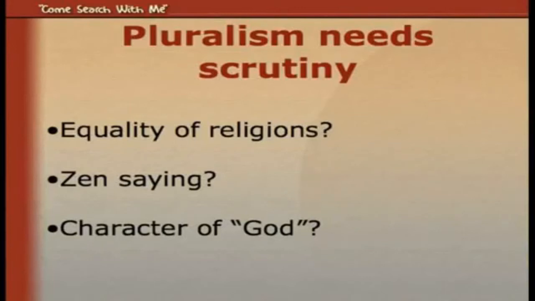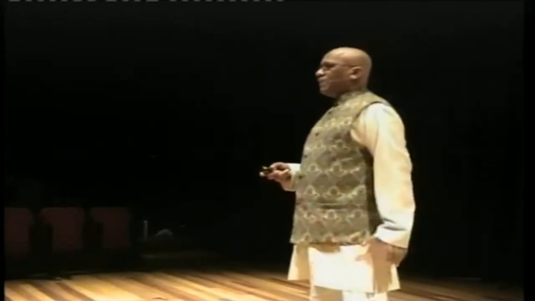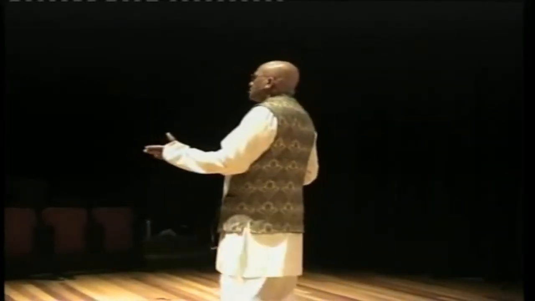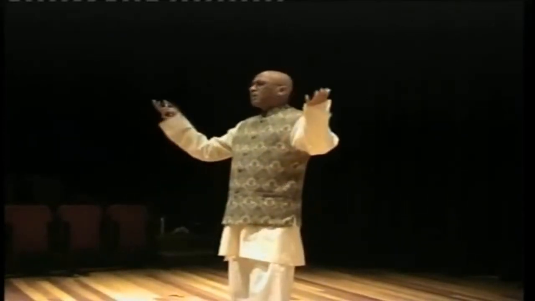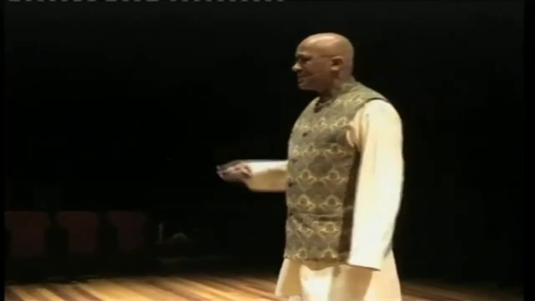The third is the character of God. In my book, I went through about 12 points, and I'm showing you only 3. The character of this generic God that formulated all these religions on earth. What is his character if he really did such a lot of diverse religions popping up every now and then on earth? Let's just take one example, maybe 2, maybe 3, of religions.